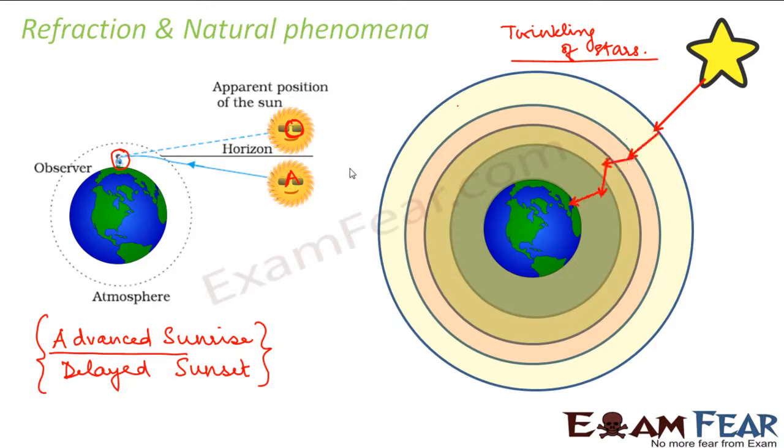If you see here, this is how it passes through different layers of the atmosphere and then reaches our eye. So if we are standing here, at one point of time, the star appears to be here. If you look at this figure, sometimes it appears here, sometimes it appears there. It happens something like this. Sometimes I see the star here, sometimes here, again here, again here, and so on and so forth. So if you see one object at two different places at a very frequent interval of time, then you feel that that object is twinkling, right?